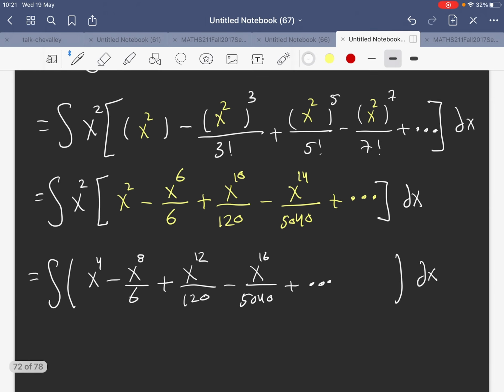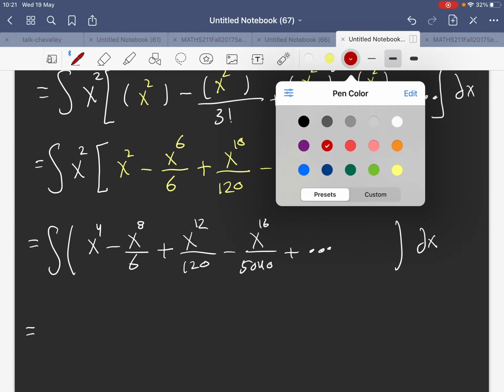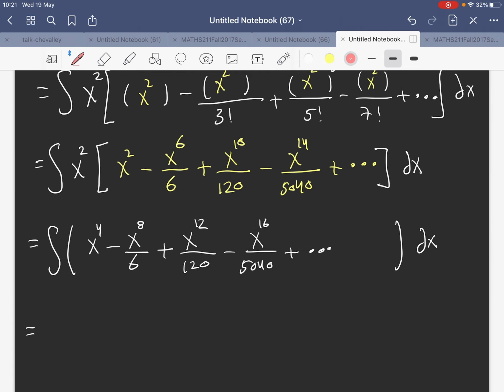The last step and the easiest one is to do the integration. And we all know how to do the integration. So let me just do it with a different color, just to mention that we are doing the integration up here. x^4 becomes x^5 over 5, minus x^8 becomes x^9 divided by 9 times 6, it will be 63, plus